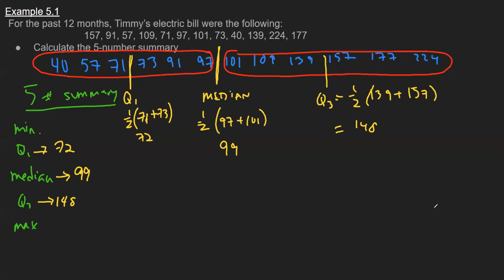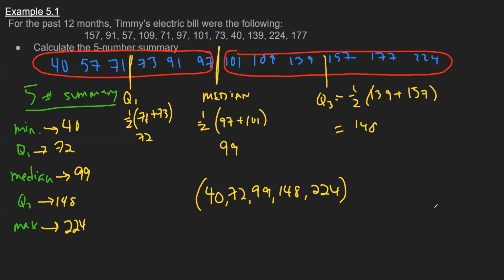And then the first and last values of my 5-number summary are very straightforward. They're the min and the maximum, and that's where I do want to make sure that I'm ordering my data set correctly. So if I look at my list here, it's 40 and 224. So all together, generally, we would write them in sequence, separated by commas. And this is a nice summary